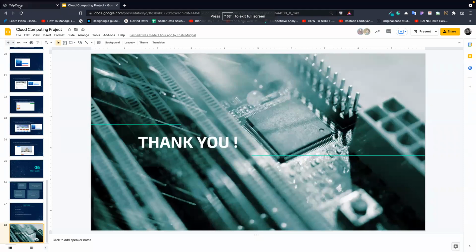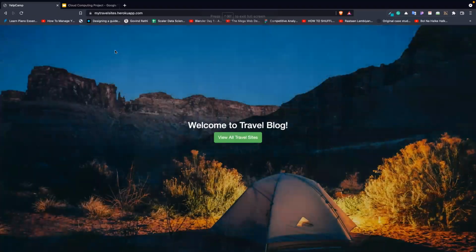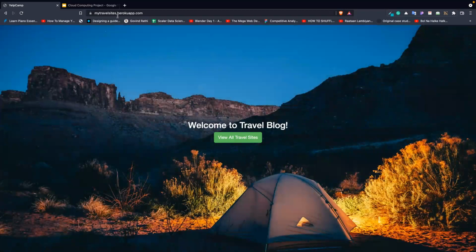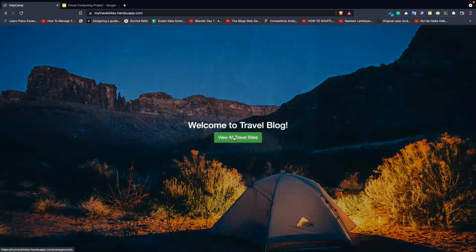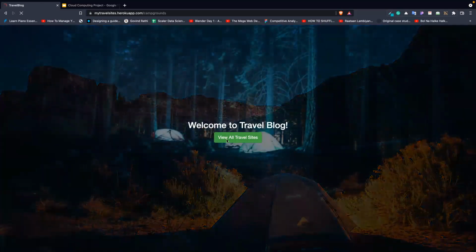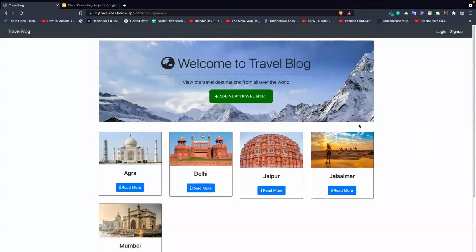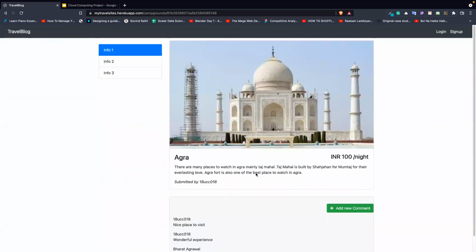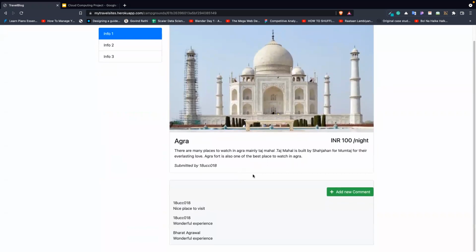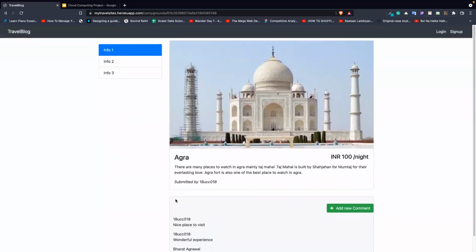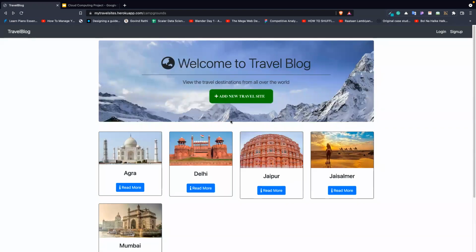Okay, so this is a deployed web application, and once the user clicks on view all travel sites, the travel blog page is shown here. I can, as an anonymous user, not logged in, still see the information about Agra and the comments. Now, once I log in,